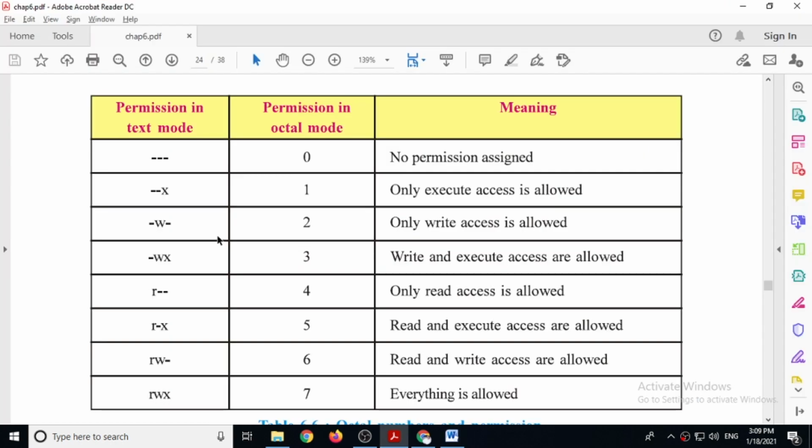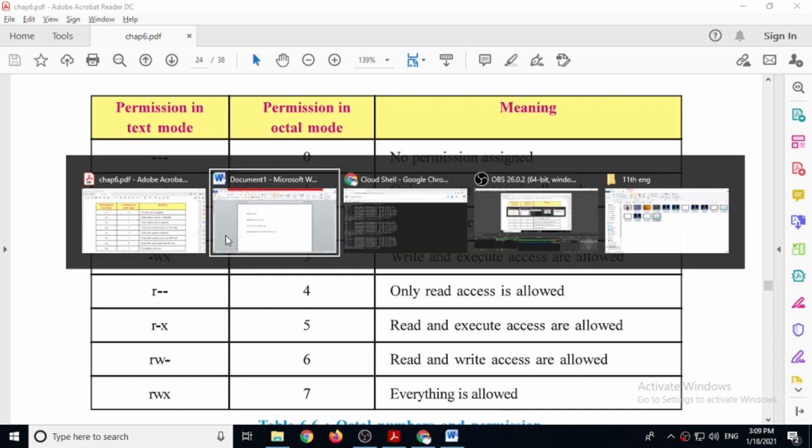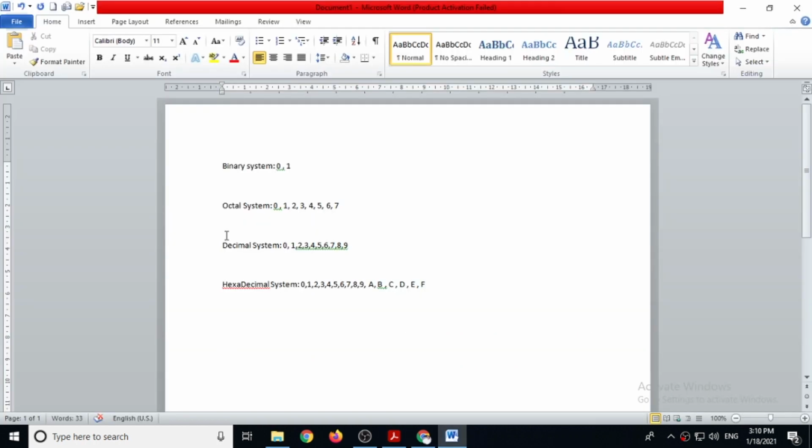So here the table is given. You can see here the octal numbers and equivalent binary we will see. So for example, for 0, for binary 0 we have to write 0 only. Let's write in 3 digits. For 1 we can write 001.